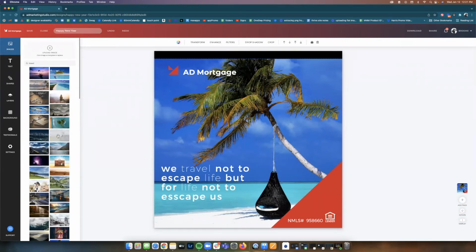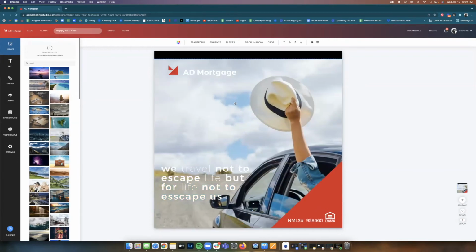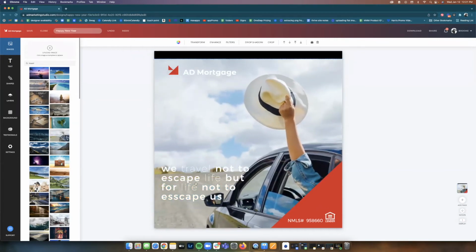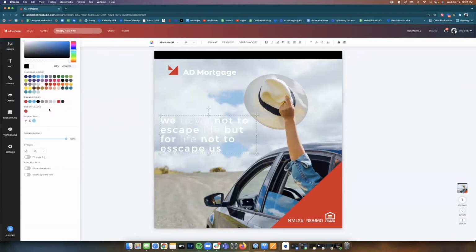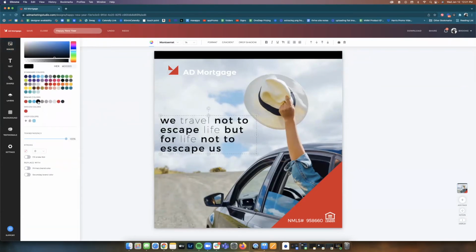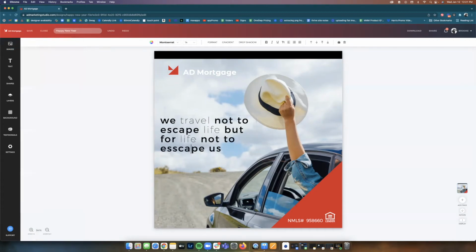If you want to go for something a little different, you can spend all day choosing a new photo for your design here. And again, this is a good example to show you how we can just quickly change this text. Maybe you want to make it red, but that might make it a little too busy. But there we go. So we'll come up here,